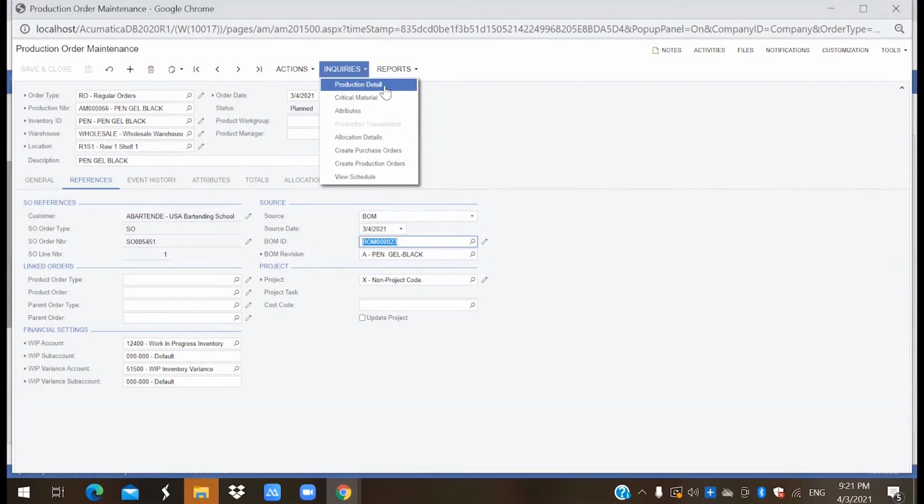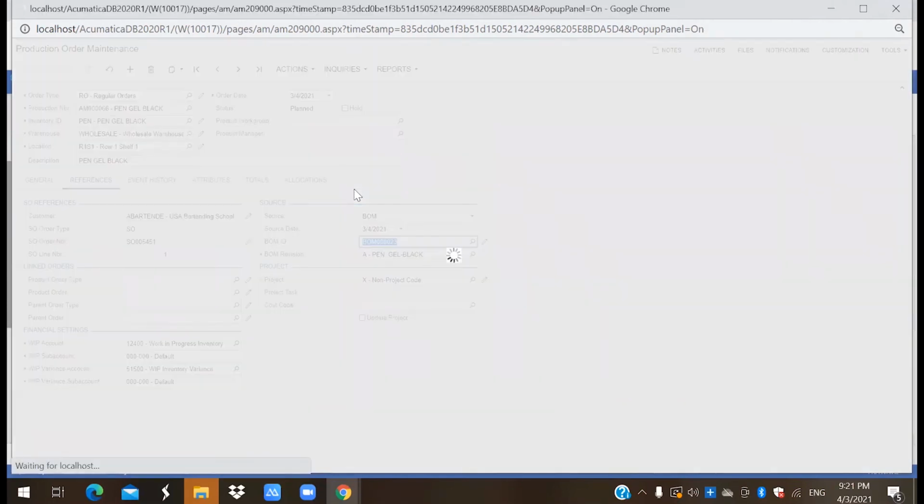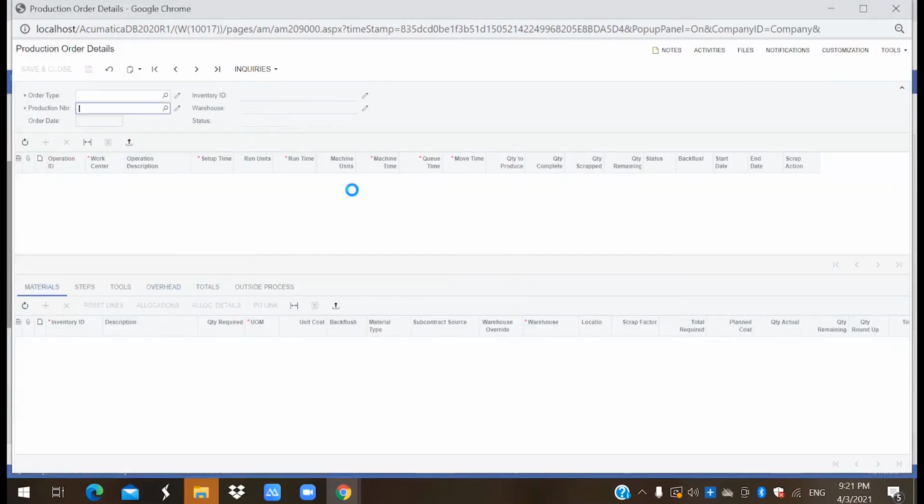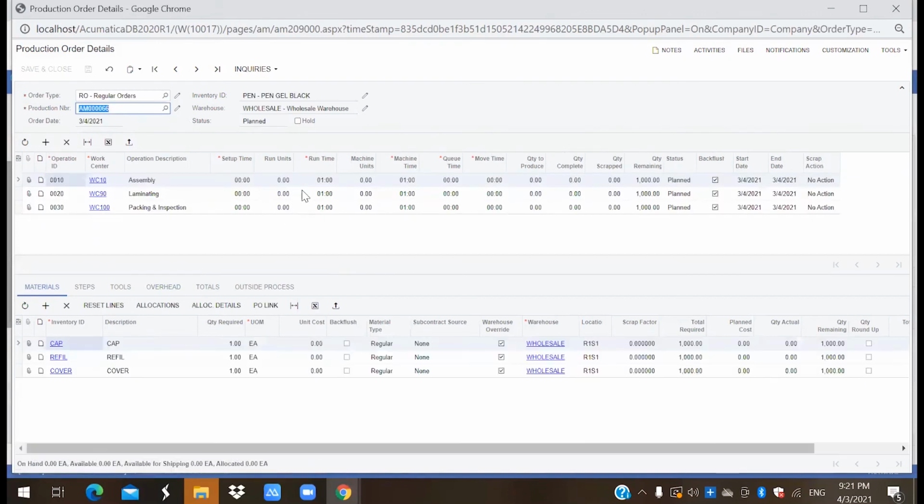Now let's see the production order details. So these are the production order details which I just showed you. These are the three work centers through which our item will process, and these are the raw materials which are required. Now currently we have no stock on hand, so we need to purchase it.